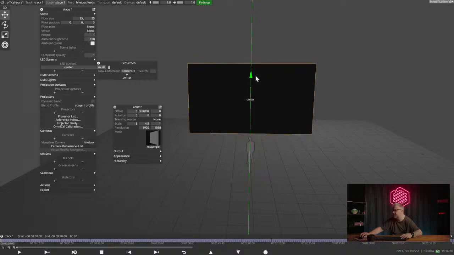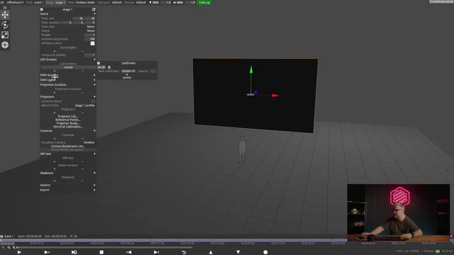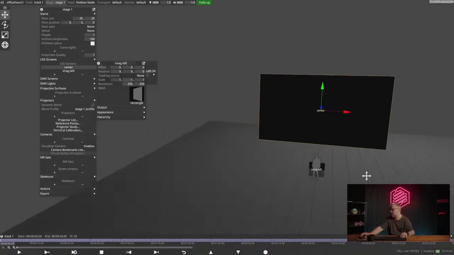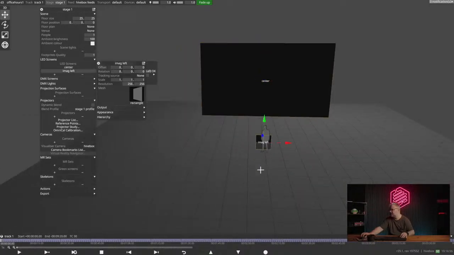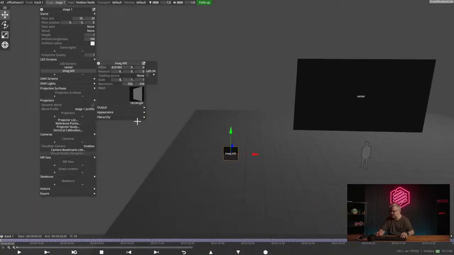We can position that wherever we want in the space, again with our gimbal. Just for my mild OCD, I'm going to give that a round number. And then, if we're going to do some Notch stuff, let's create some iMag screens too. So let's do iMag left. It's kind of trendy to do portrait screens at the moment. So let's make this 4.5